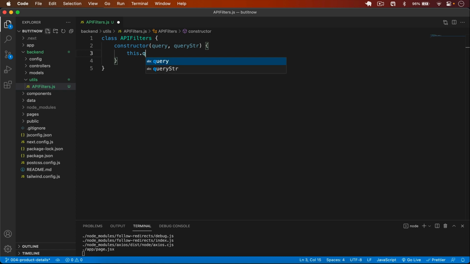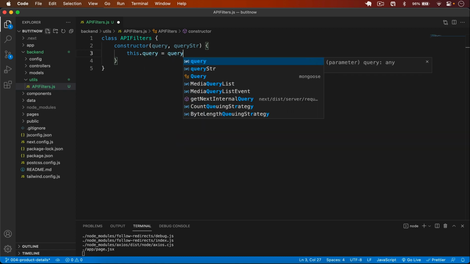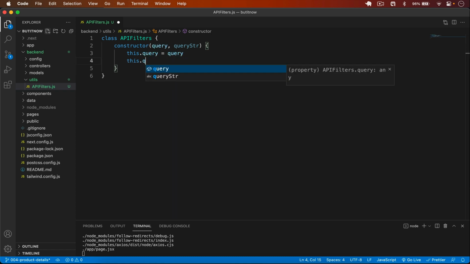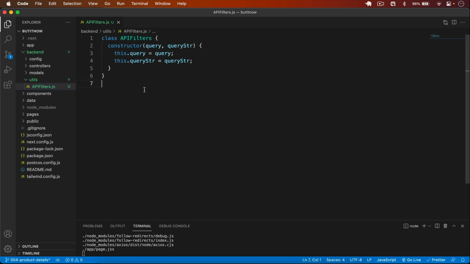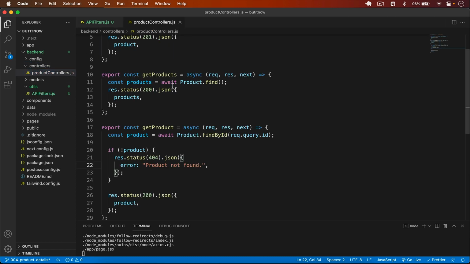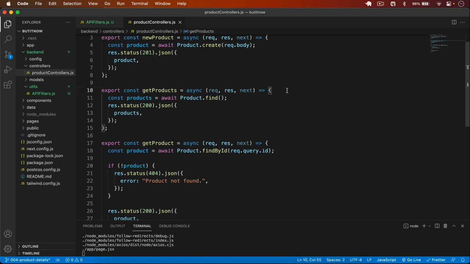I will set this.query to be query, and this.queryString to be the query string that we will pass in the constructor. If I save this, let's also create here a function with the name search. In this function we will write our code to search our products, and before that I go to my controllers. In the product controller I will type here